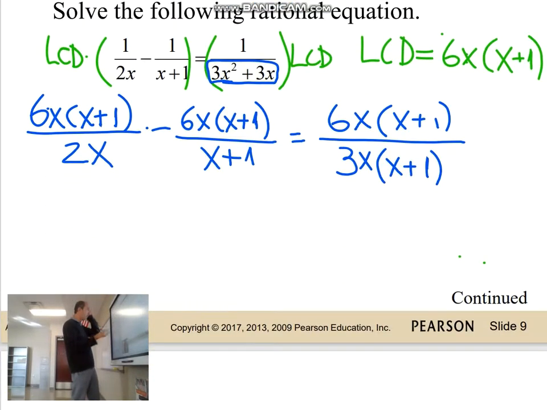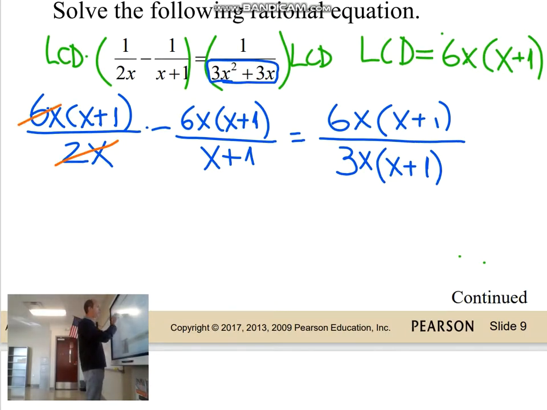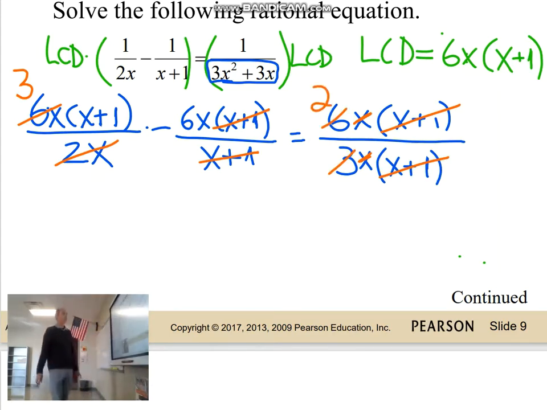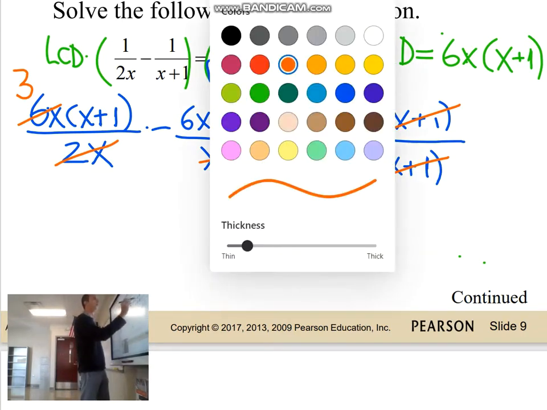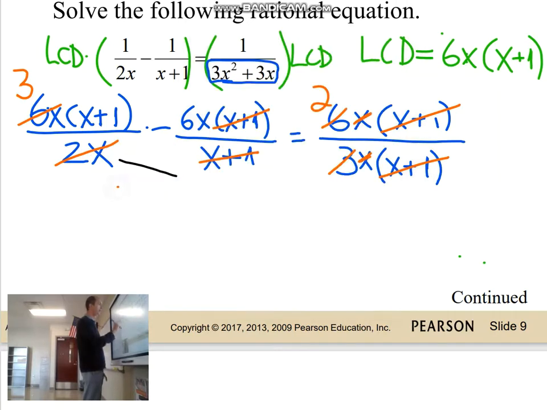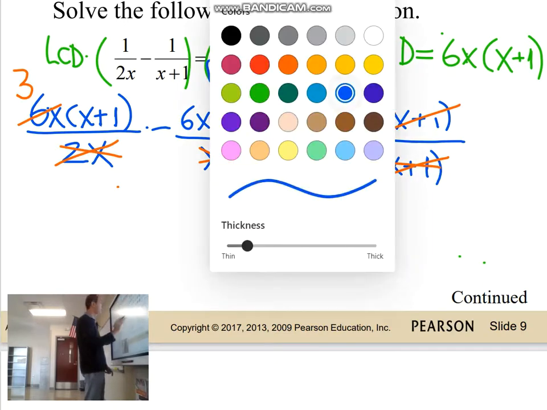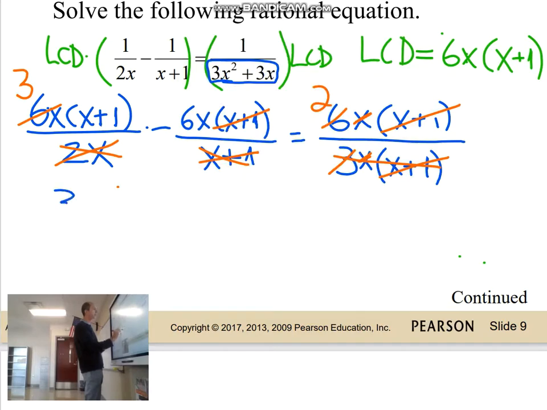So let's check all the things that we can simplify. We can divide 6x by 2x and we have 3, and we can simplify x plus 1 with x plus 1, and this x we can cancel out, x plus 1 with x plus 1, divide 6 by 3, we have 2. And yes, we simplified lots of stuff. Now we got rid of all the denominators. We have only the numerators, or a simple expression, 3 times x plus 1, and